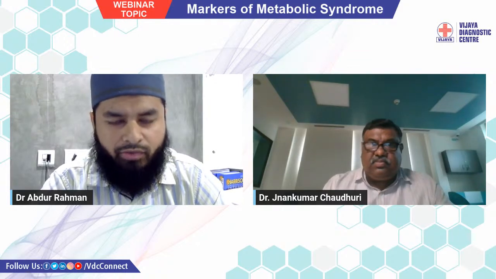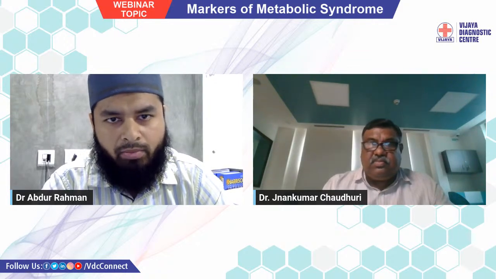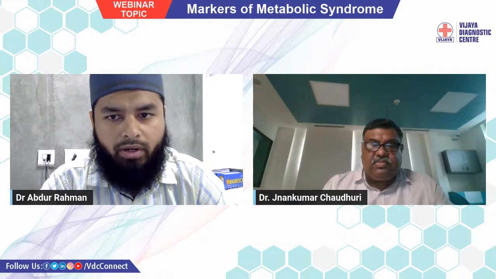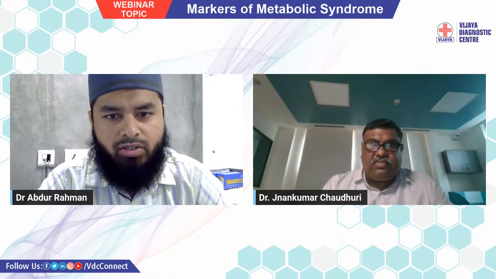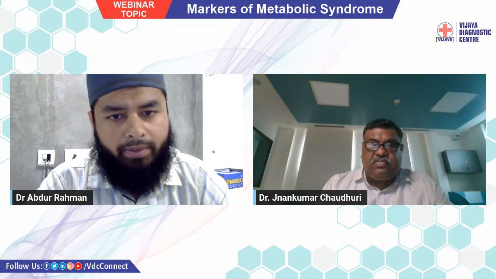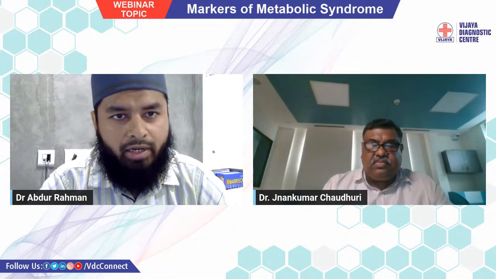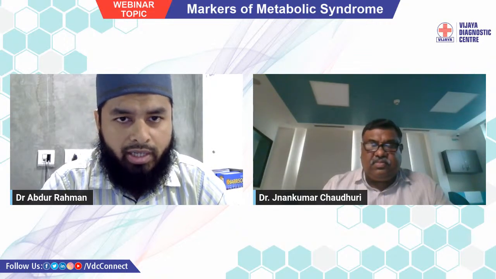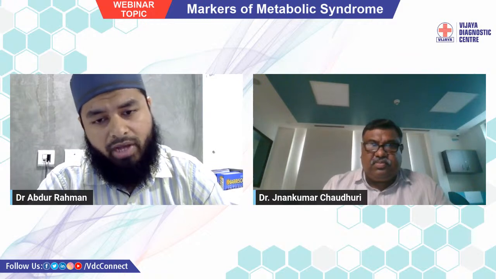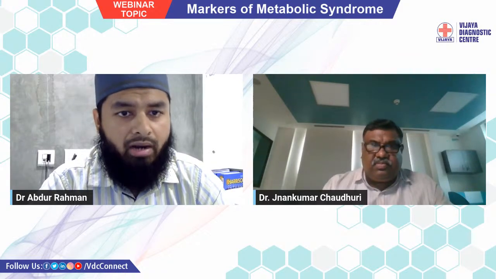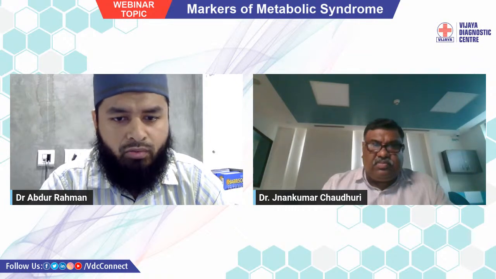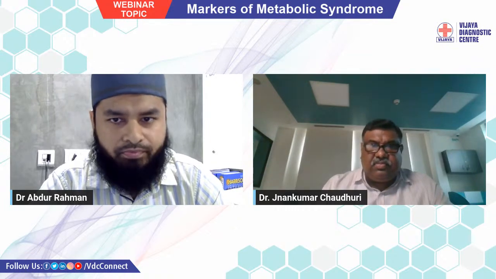So less than 3, 3 to 5, and more than 5 for the Indian population, and 1, 1.9, 2.9 for the international population. Because as we see, India is the diabetic capital. For the last 10 to 20 years, or 2 decades, the number of diabetic cases has risen a lot, and researchers have given us these values specially for our population.